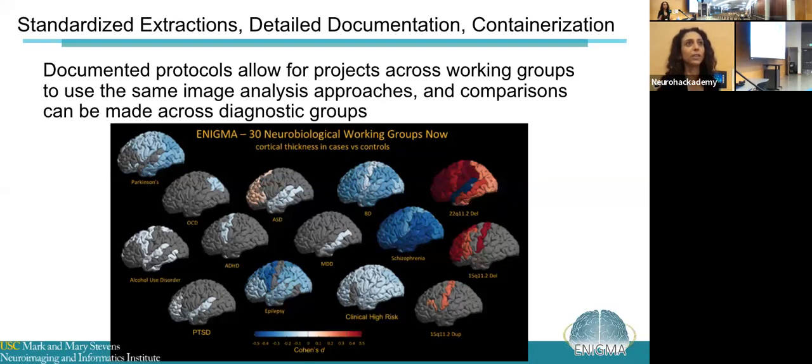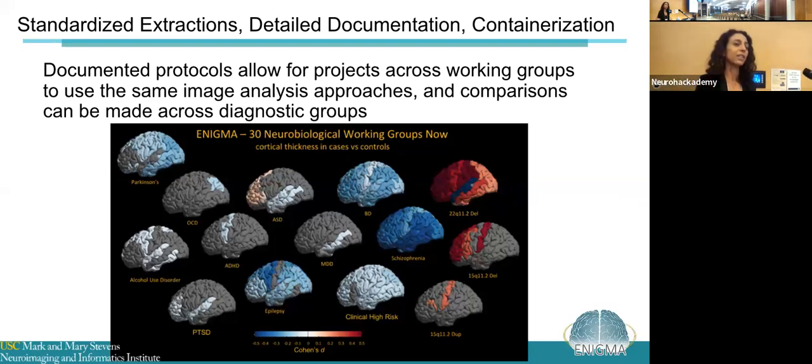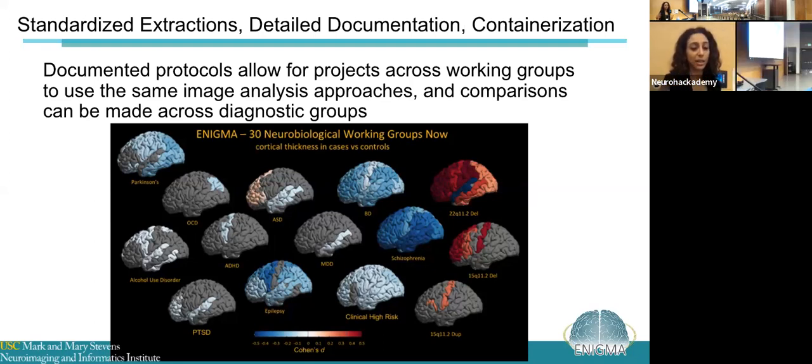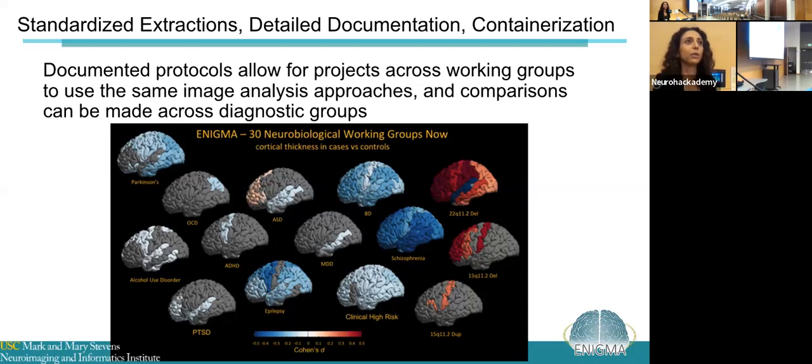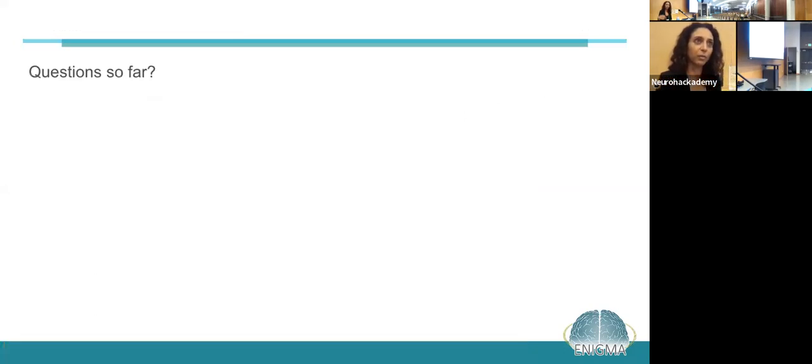So these are very subtle effects that we're working with, and that's, I think, why Enigma has had such a role in psychiatry, because a lot of these neuroanatomical effects have been so subtle, at least with brain structure so far. So now there's a lot more work being done in function, microstructure, and connectivity. Any other questions?